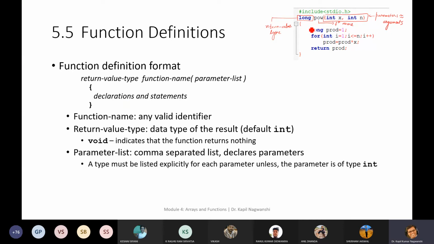Now, this whole block is considered as declaration and statements. This whole block is declaration and statements, and this is also known as function definition.